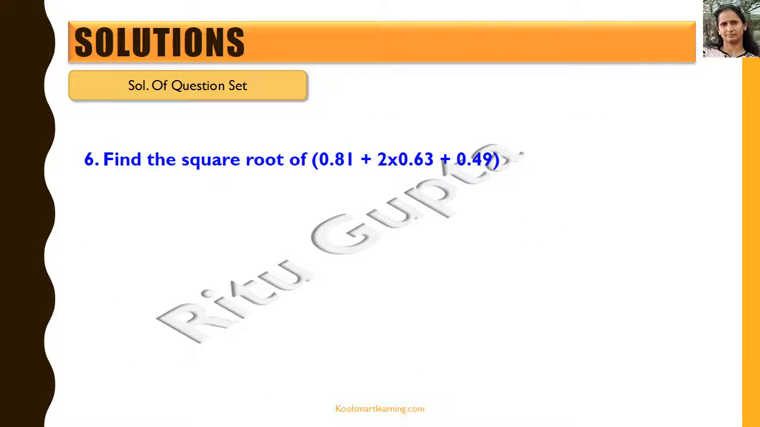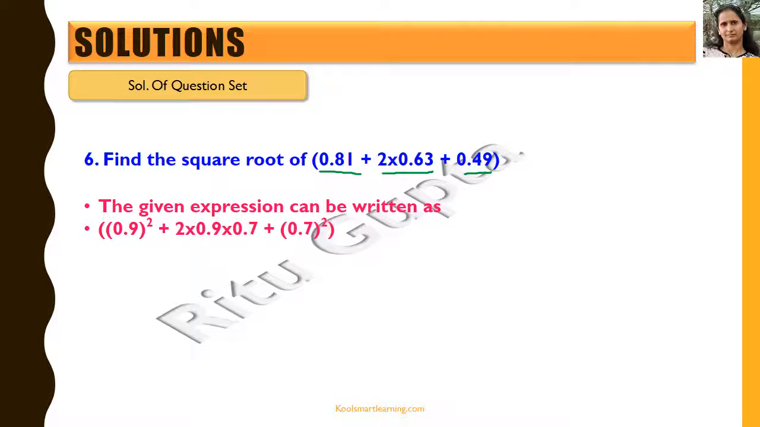Let's now look at the last question of the basic level quiz. We need to find the square root of 0.81 plus 2 into 0.63 plus 0.49. So now we can write the given expression as 0.81 we know is the square of 0.9, and 0.49 is the square of 0.7, and 0.63 is a product of 0.7 multiplied by